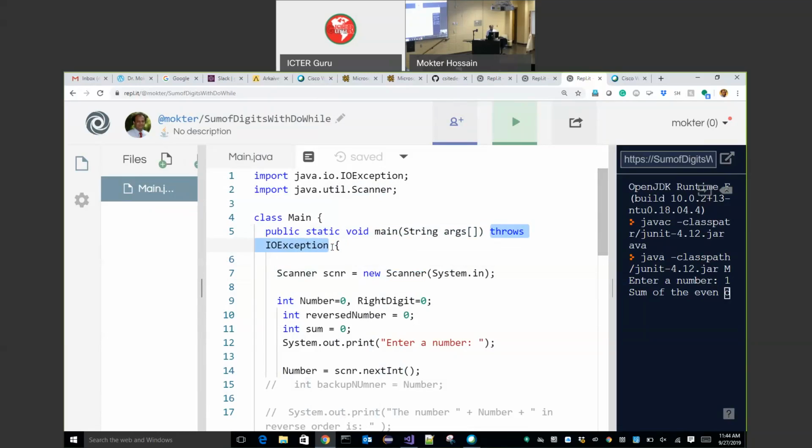This is the part you should remember. And if you use IOException, then I need to import java.io exceptions. Same thing in Python, and the same thing in other languages like C#.